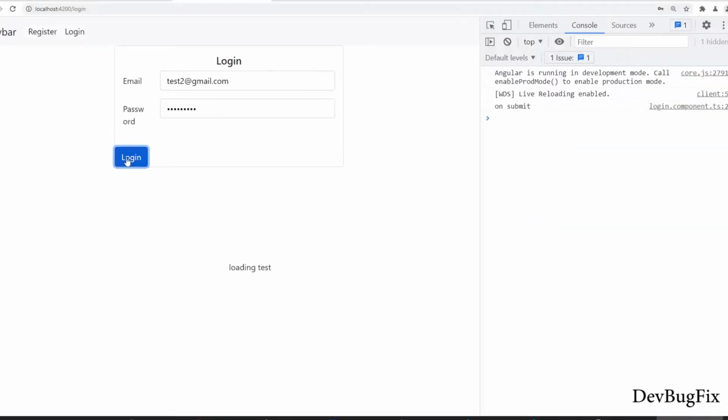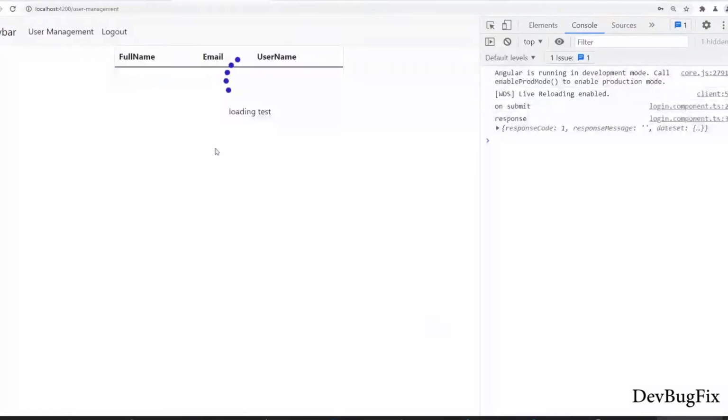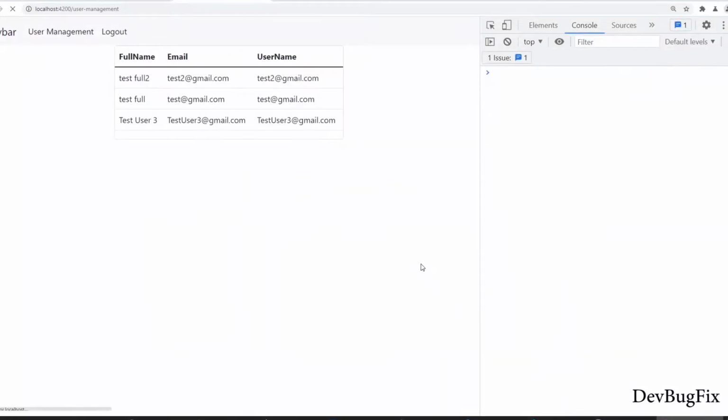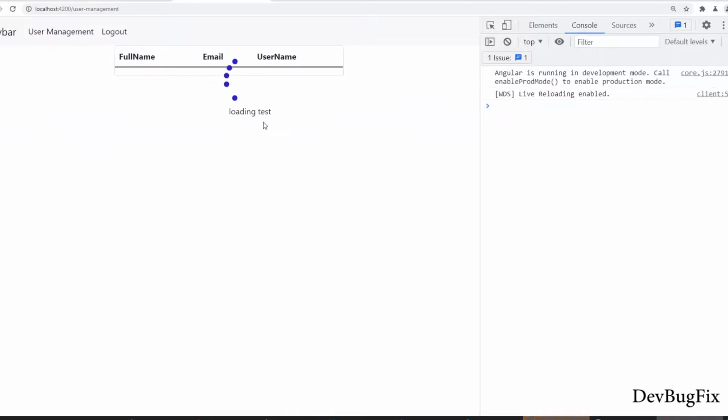a full screen. We will show the Spinner when the user clicks on a login button because a login request takes time to process on a server. We also show the Spinner when we fetch data from the server. In short, anything that takes time to process, we will show the Spinner.